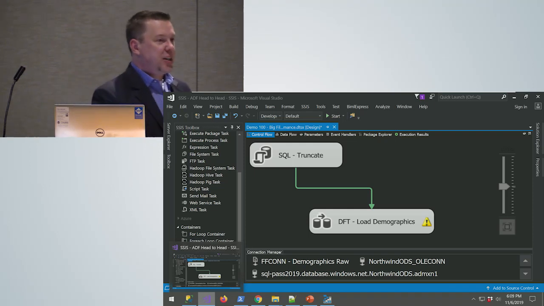The SSIS package running from on-prem up to Azure actually performed worse than Azure Data Factory, even with a minimal configuration on Azure Data Factory. That's not to say that will always be the case, but for that case, because we were going through the internet, going from on-prem to Azure, the Azure to Azure connection was tremendously faster. It was the inverse whenever we were looking at the data flows.